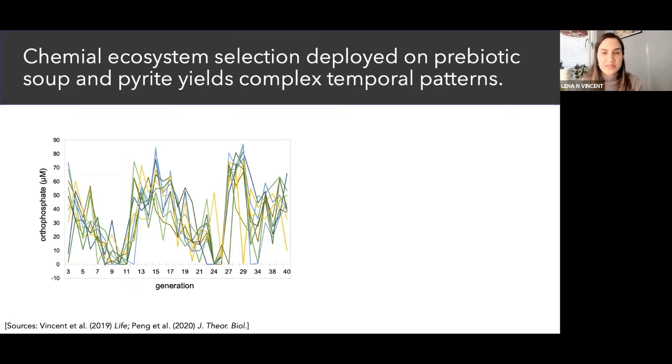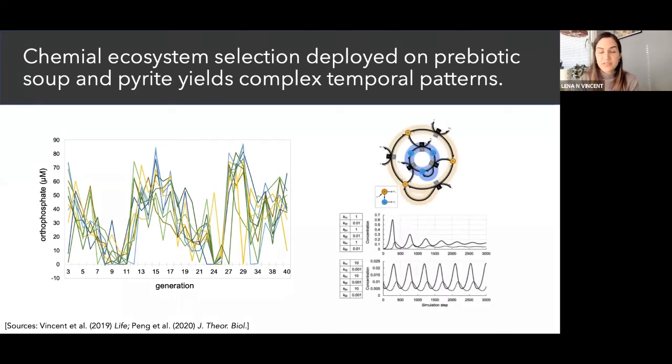And there are a few ways to interpret these oscillations, the simplest being that some kind of nonlinear or autocatalytic chemical system has arisen in our experiments. And when we compare this to what our theory group has shown, it's interesting to note that these types of oscillations are reflective of predator-prey type dynamics in interacting ecosystems. So this just hints at the fact that what we could be seeing reflected in these oscillations are the results of interacting autocatalytic cycles that have arisen in our experiments, although this needs much more validation to demonstrate conclusively.